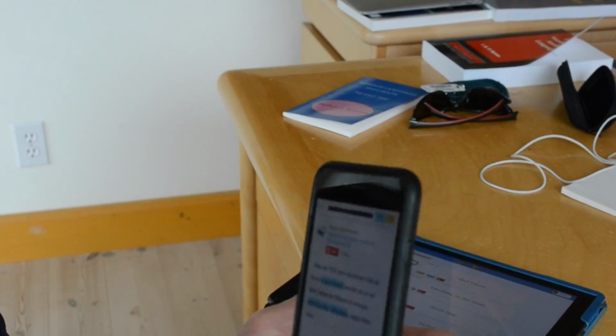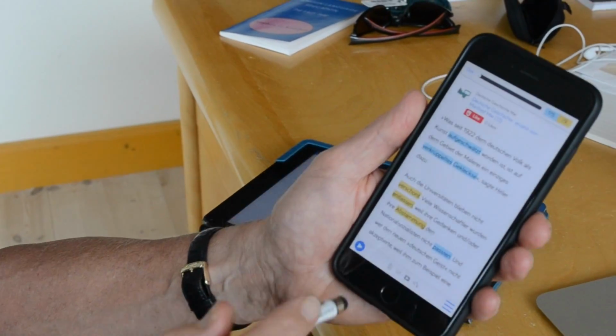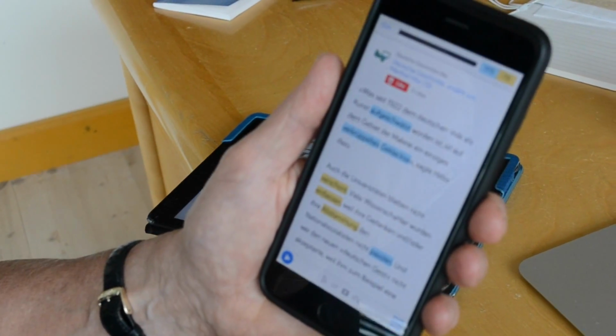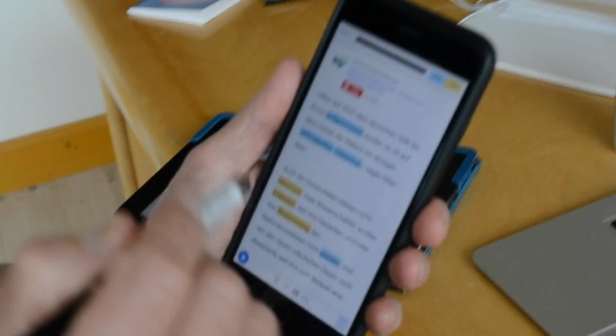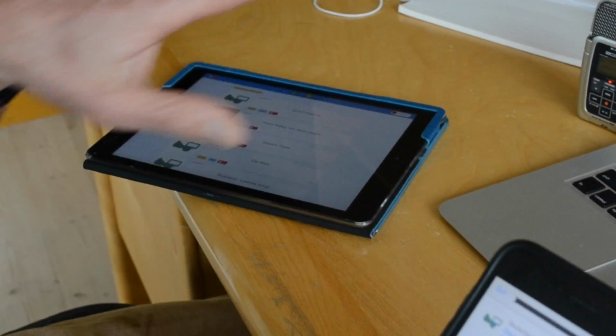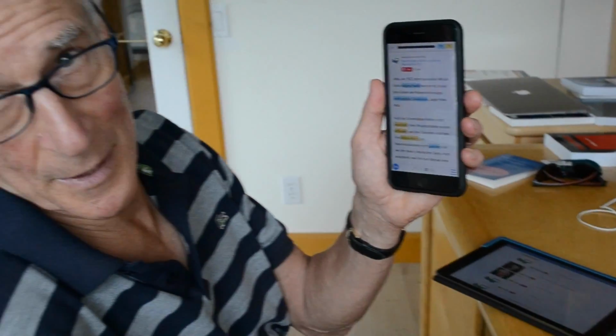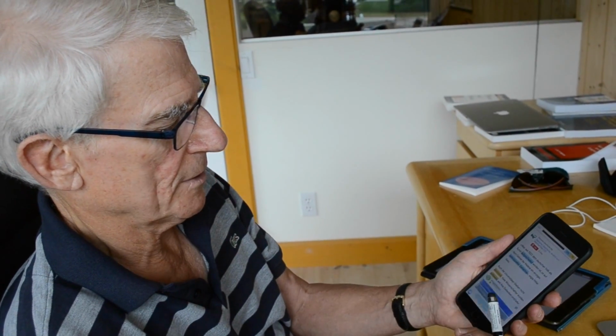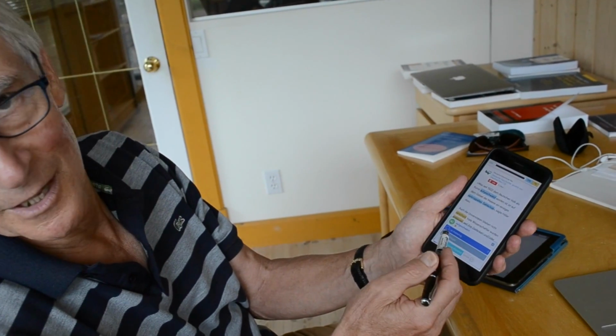But actually, to be honest, I prefer, see here, and the blue words are the words that are new to me, but I'm not going to demonstrate the actual LingQing activity on this small device, because I want to get to that on the computer. But just to show you that I spend a lot of time doing this right here on my iPhone. So I can listen, I can read, I can look up words, and I have the audio,